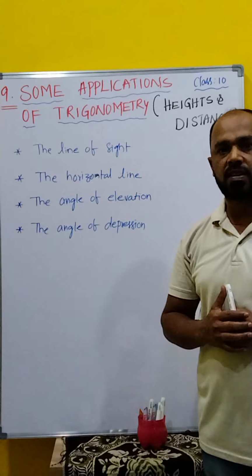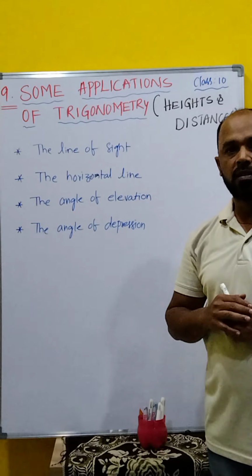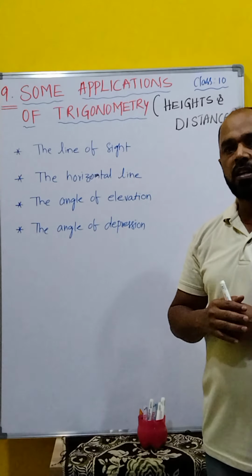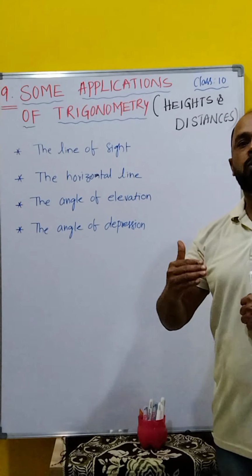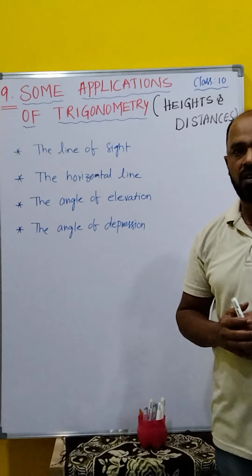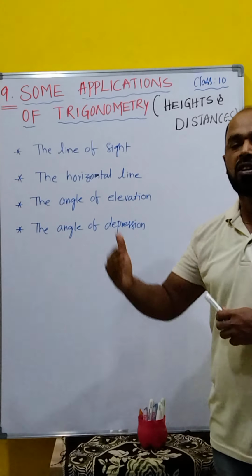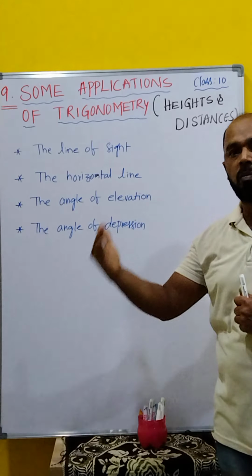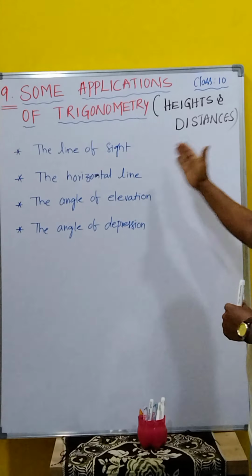We have to find heights of buildings. Suppose Charminar is a very big thing. How to find its height? Using trigonometry we can find it simply. Using a measuring tape we can find it, but using trigonometry it is very simple. Suppose in Dubai the Burj Khalifa is a very big thing. We can't measure it directly. If you know the trigonometry concept and the angle, then you can find the height of the Burj Khalifa. That is applying trigonometry to find heights and distances.